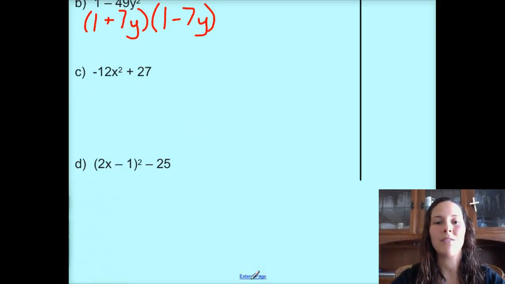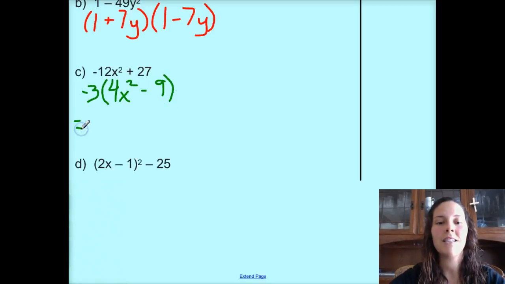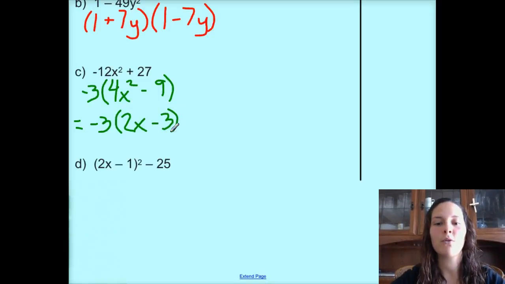Next, we do not have a difference of squares. 12 and 27 are not perfect squares, but they do have a common factor. So we're going to factor that out. -3 is what I want to factor out. I always like my first term to be positive. It's easier to organize our work. So I'm factoring out the common factor of -3, leaving me with 4x squared minus 9. And then what's left in the parentheses is a difference of squares. So we're going to take the square root of everything. Again, order doesn't matter if you choose to put your positive one first,